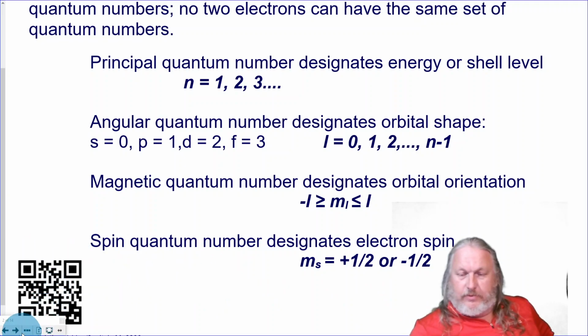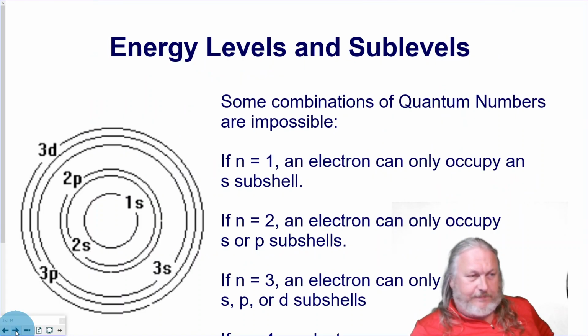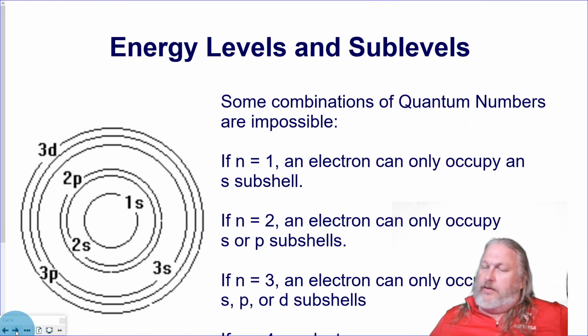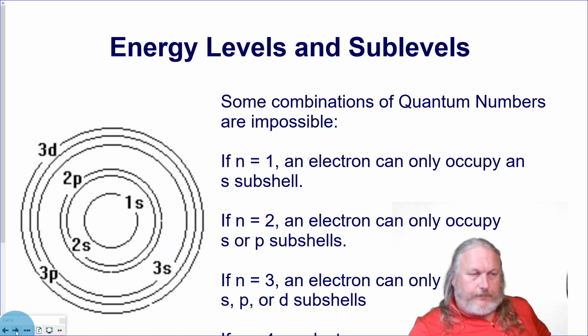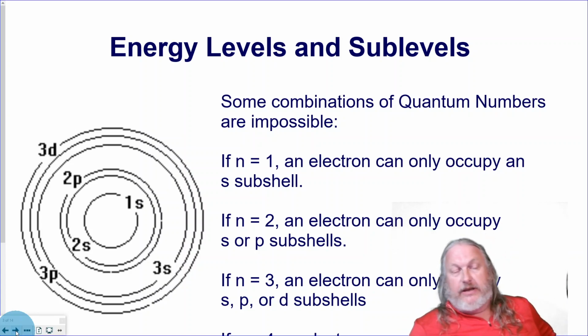Okay. So now we can know where these addresses are. So, there's some combination of quantum numbers that are impossible because of the energy levels. If n is 1, an electron can only be in the s subshell. So a quantum number for n equals 1 would be 1, comma, 0, comma, 0, comma, plus 1/2 or minus 1/2. So there's two addresses for anything in the first